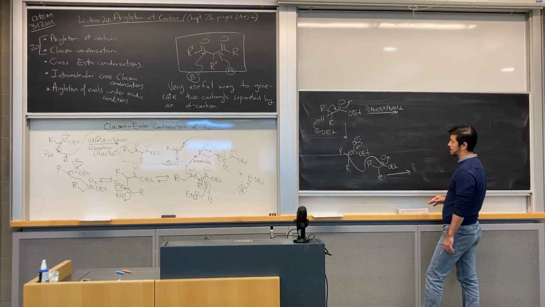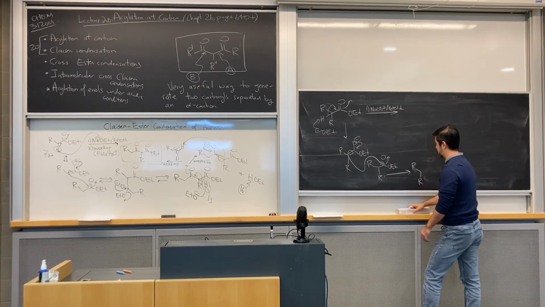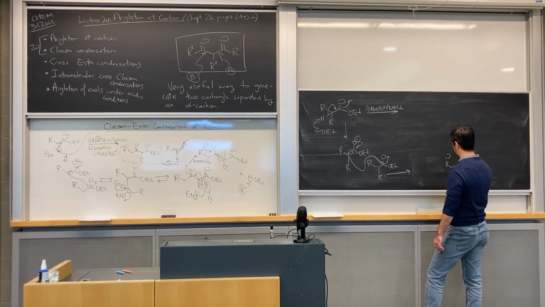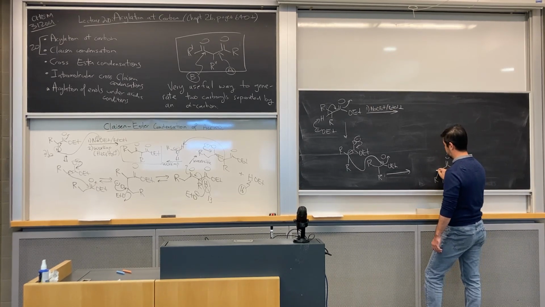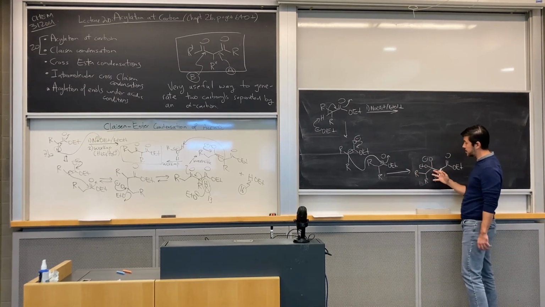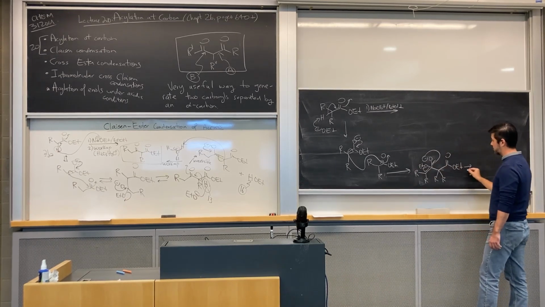So let's not rush it. Okay, so you form this intermediate here, and then you can see here that your tetrahedral intermediate will collapse. You'll kick off the ethoxide, and you will generate